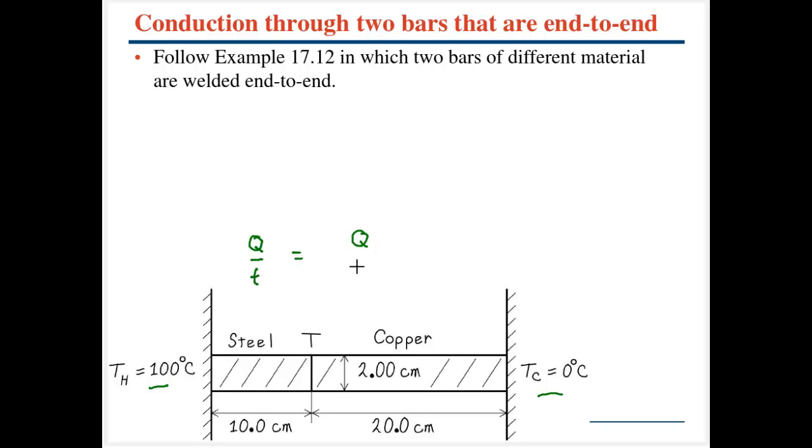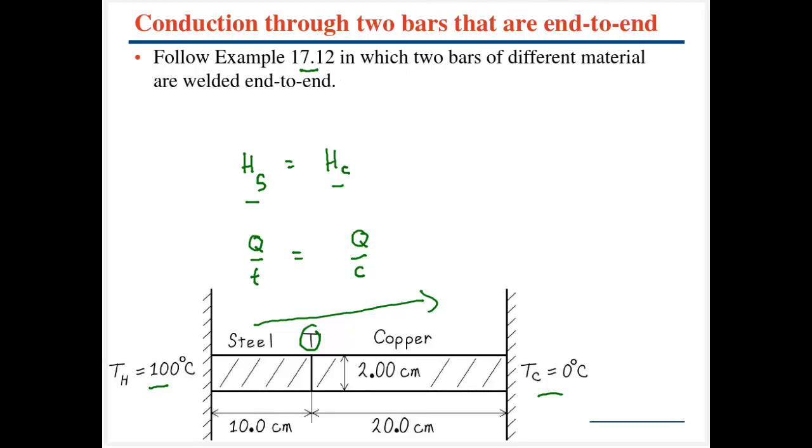The energy that flows into the steel must flow into the copper, flowing from hot to cold. So we can say that the heat flowing through the steel must be equal to the heat flow of the copper. We can use that to figure out what the temperature is at the junction, and then we can solve for the heat flows